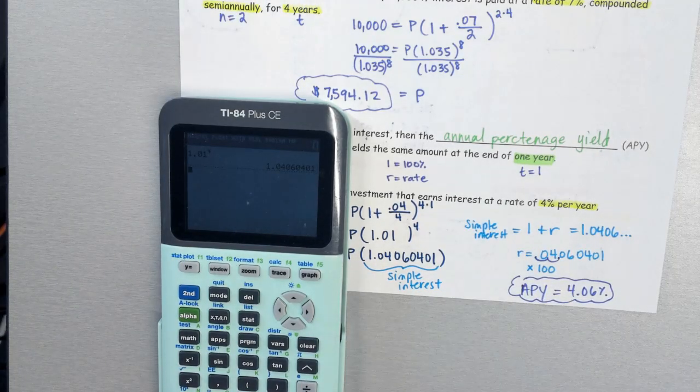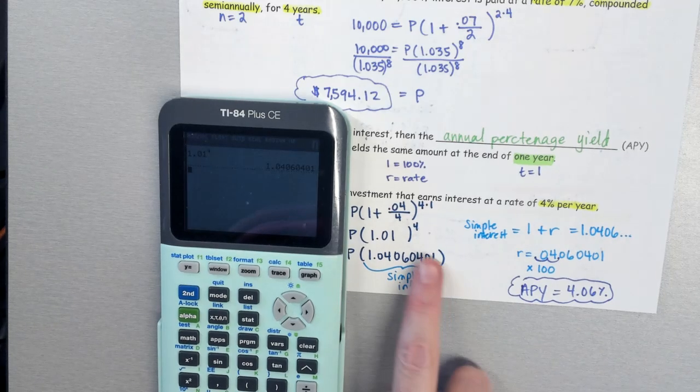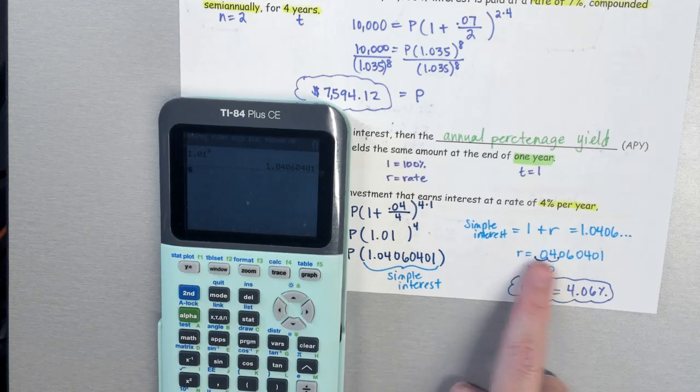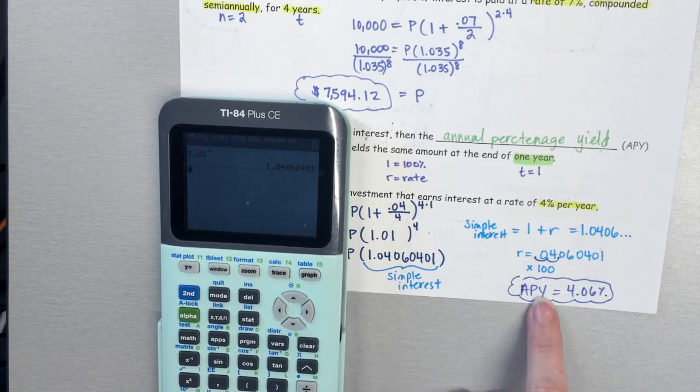Okay, so to find your APY, whatever you get here, you can subtract the 1 from it, because your R value is just going to be this as a percentage. So you can multiply by 100 in your calculator, or you can just move the decimal 2 places. Okay, so I'm going to put up your 4-1